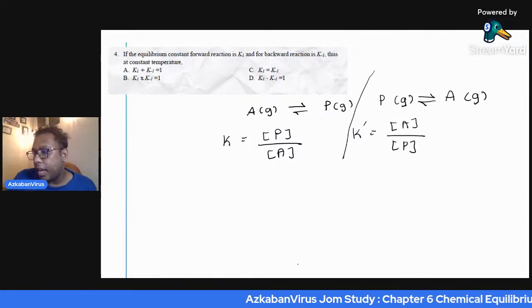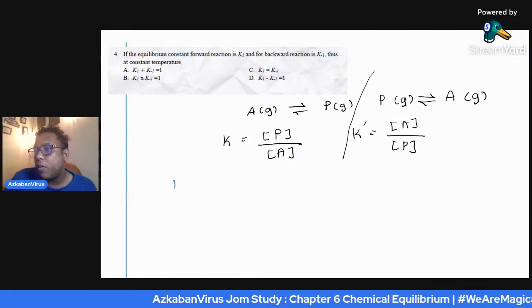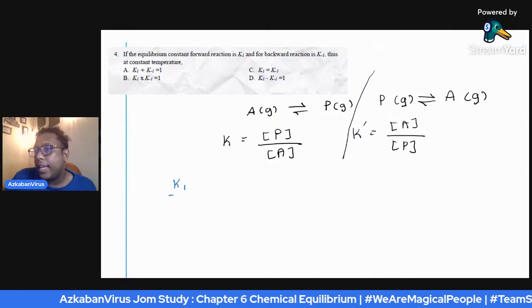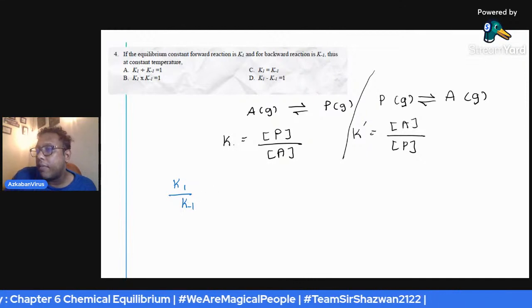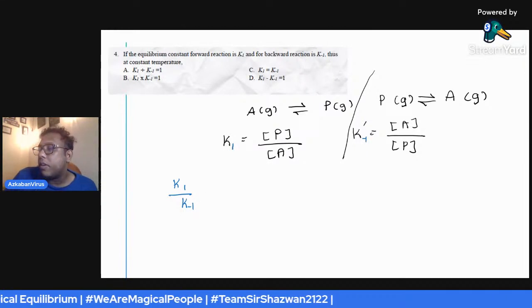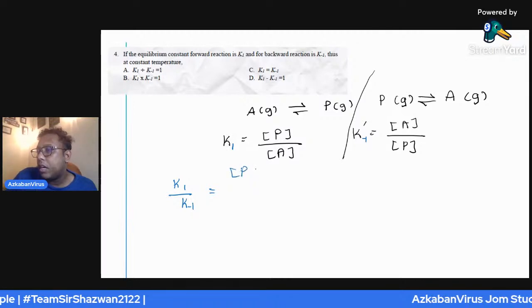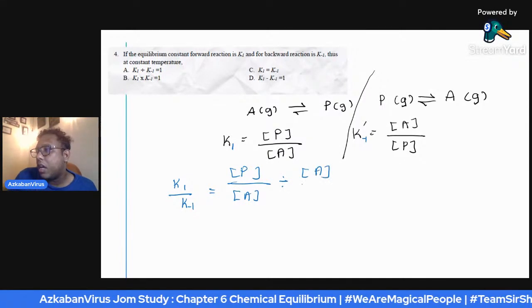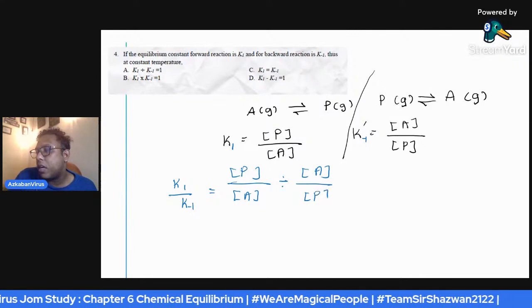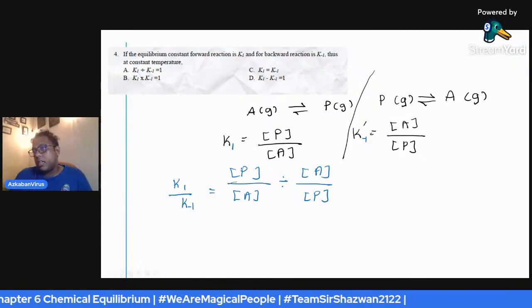Okay, so dia kata A. Tengok A, dia kata K forward bahagi dengan K reverse. Ni K forward, ni K reverse. Dia sama dengan P over A bahagi A over P. Ini sama dengan